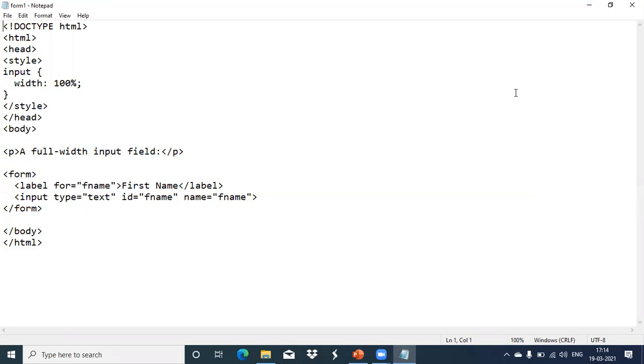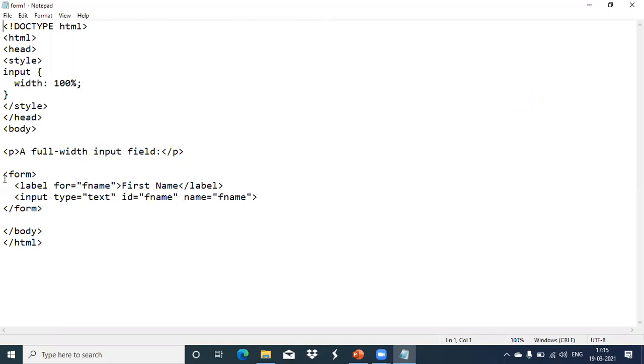So now we are styling your form. That time we have just seen how to give a border for the entire form, not for each tag element. Just the form thing only we have seen. Now how to style each of your elements, input tags and how to style them. See here, input is the tag we are styling now. Its width we have set to 100%. That means I'll get a full width input field.